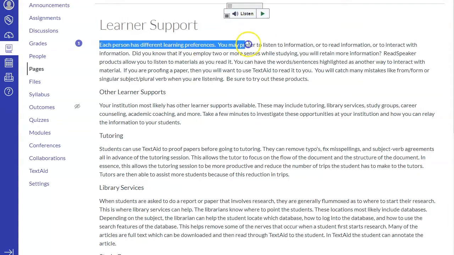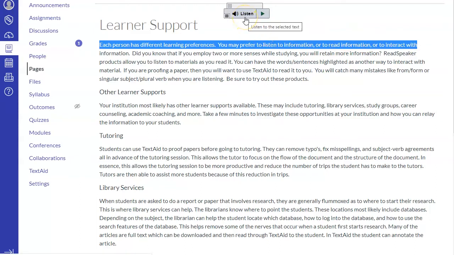Highlight some material and then click on Listen. When the reading begins, notice the enlarged font at the bottom of the page. Your eye is pulled to the enlarged text and not to the area highlighted in the document, which helps you to stay on track. Let's listen.